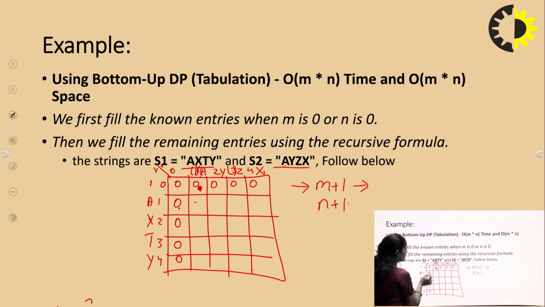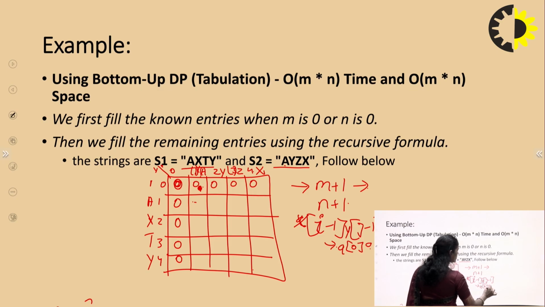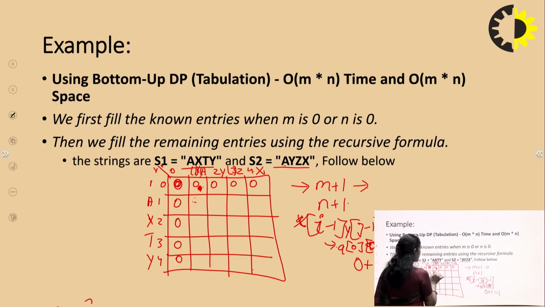Yeah. So where did we reach? i minus 1 means here, and j minus 1 means here. So what value do we get? x of i minus 1 and y of j minus 1, we are calculating as 0, 0, right? Sorry. So at 0, 0 we have a value 0. And now we are adding 1, that is 1. So simply we are putting 1 here, right? And what is the arrow going on? We are representing it as a diagonal.